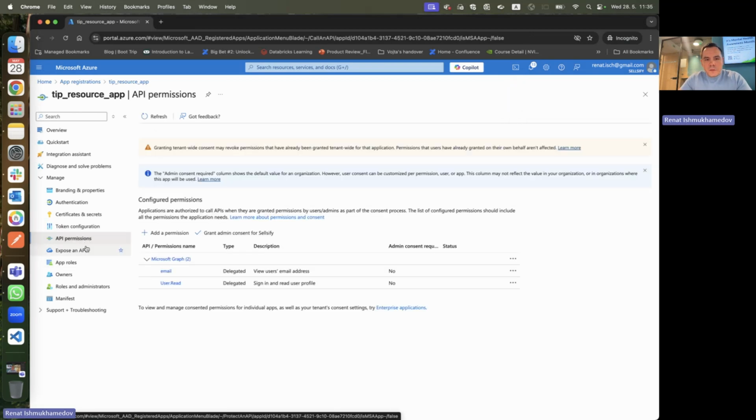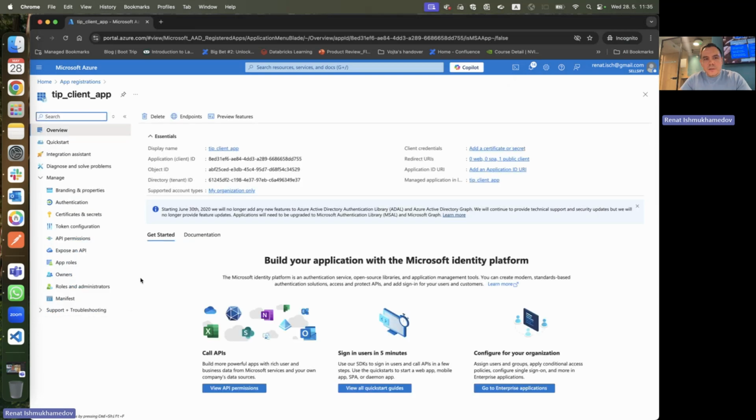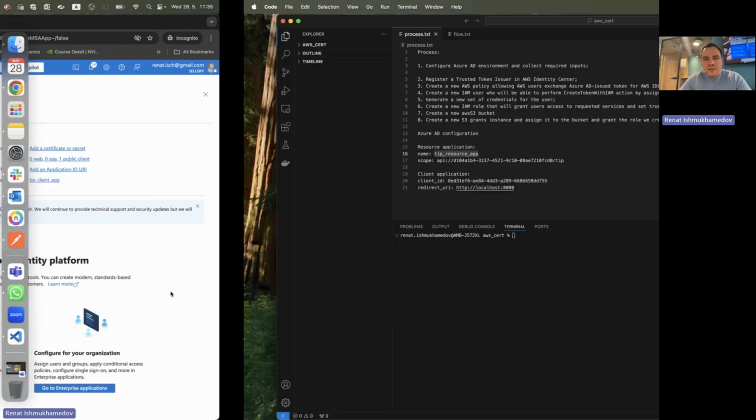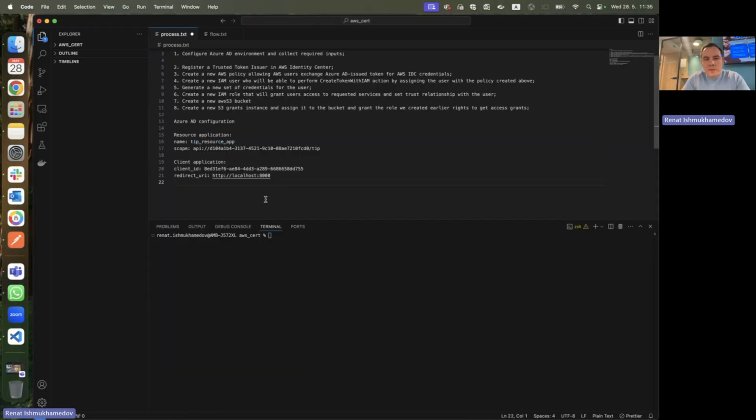Yeah, I need to grant admin consent in here as well. Great. Now we have our client and resource applications configured. What I need to do now is collect a few additional inputs. Those inputs are required for me to, first of all, test and validate that my OAuth client actually issues tokens for identities created in my Azure Active Directory,